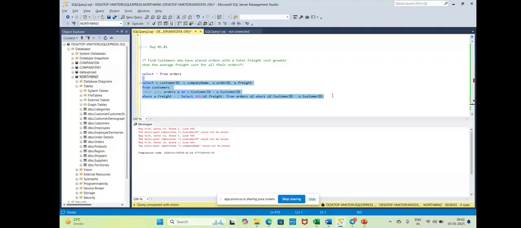So you did not use the alias in the customer. So you have written C dot customer ID, C dot company name. But when you're writing from customers, you have to mention from customers C, like you have done with orders O. Orders O you have written, so you have to similarly write from customers C. Yeah, हाँ, here, second line. इसके बाद लिखना है आपको, जैसे नीचे लिखा है ना ऑर्डर स्पेस ओ, वैसे यहाँ पर आएगा कस्टमर स्पेस सी।